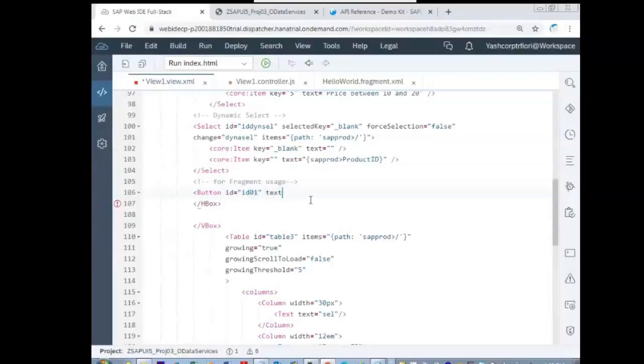Text, open hello world fragment. Press is the event _helloFrag. I'm copying the _helloFrag to the controller.